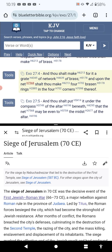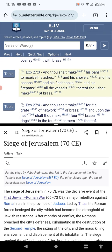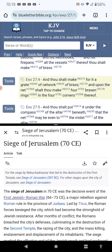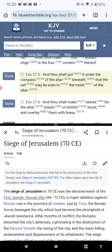So it says, and that was the key verse right there. And thou shalt make his pans to receive his ashes, and his shovels, and his basins, and his flesh hooks, and his fire pans, all the vessels thereof thou shalt make of brass. Okay, it says, and thou shalt make for it a grate of network of brass, and upon the net shalt thou make 4 brazen rings in the 4 corners thereof, and thou shalt put it under the compass of the altar